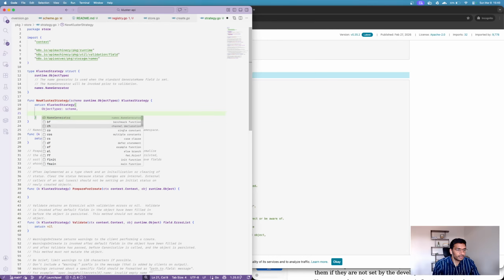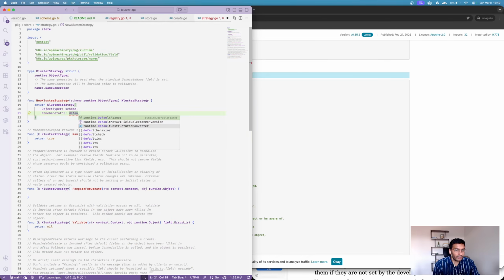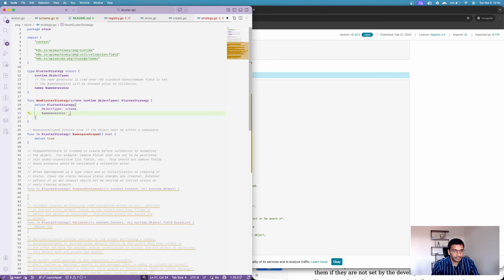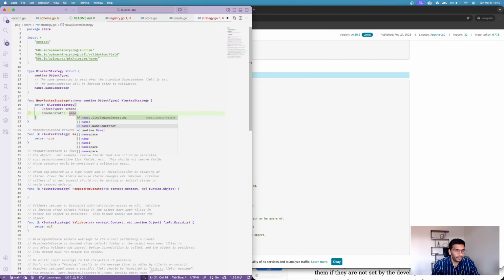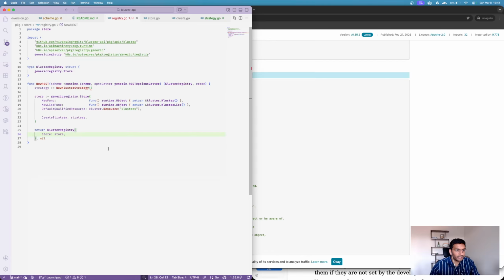Okay, and then we are also going to pass the name generator. And do we have something called default name generator? I think we do. So simple name generator. And so now if we go to registry.go, if you see, now we don't see that compilation issue